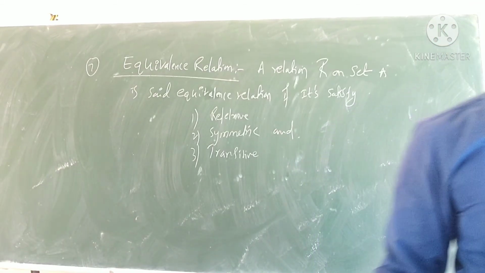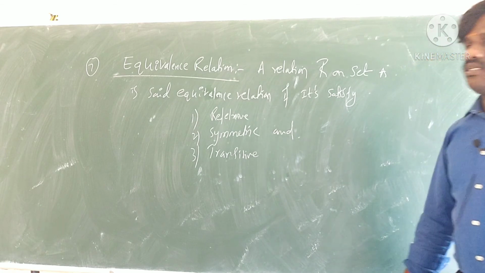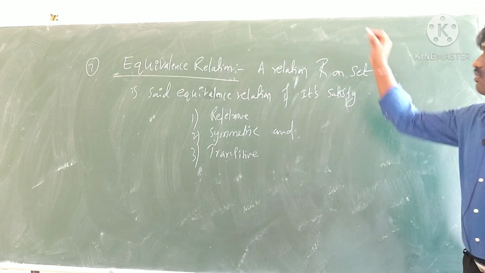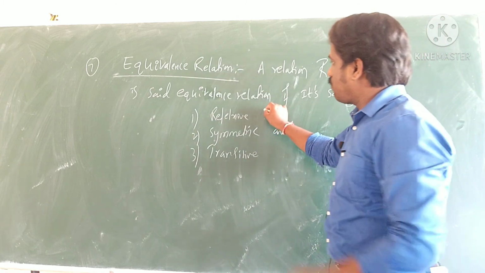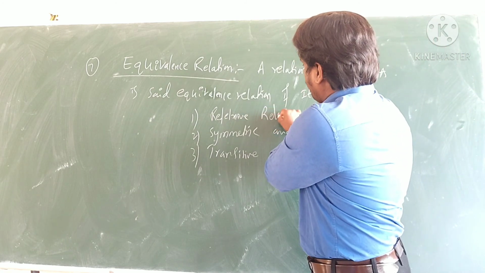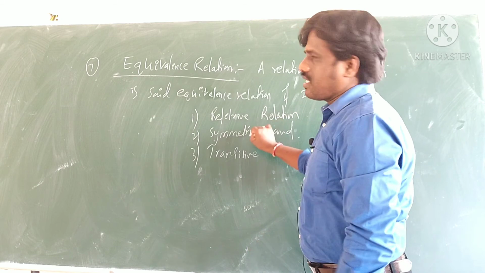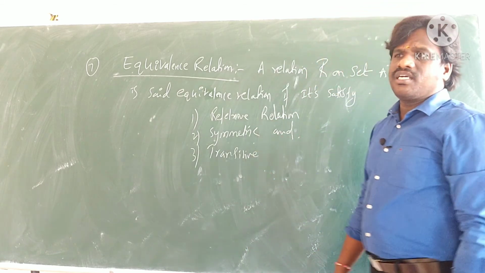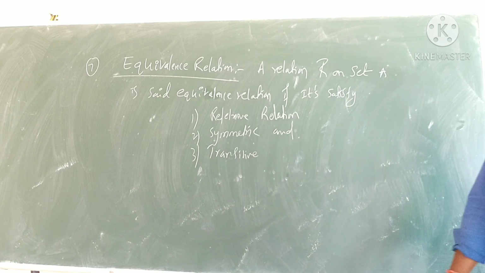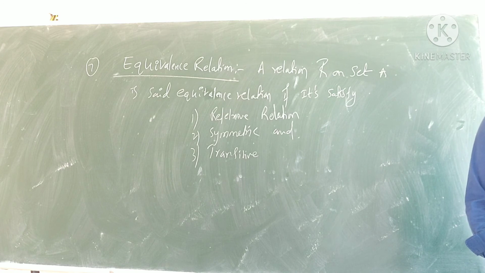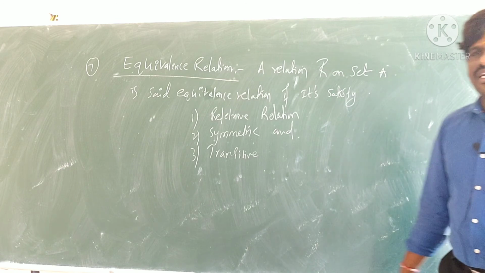What does this mean? Listen, sir, the last one is the equivalence relation. A relation R is said to be an equivalence relation if that relation satisfies the reflexive relation, which I have not written here, the symmetric relation and the transitive relation. If any relation satisfies all three relations, such a relation is called an equivalence relation. Clear? Picture clear? We will do questions.